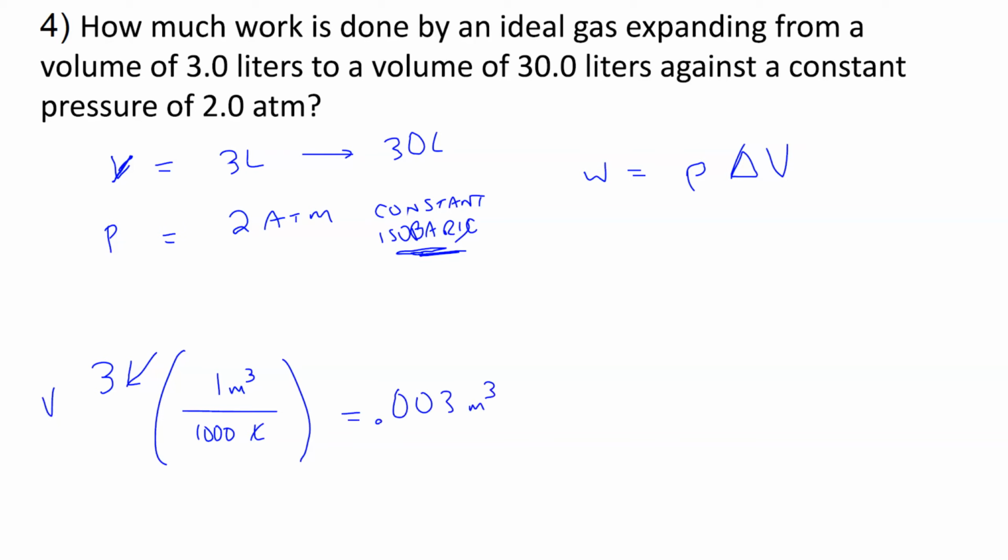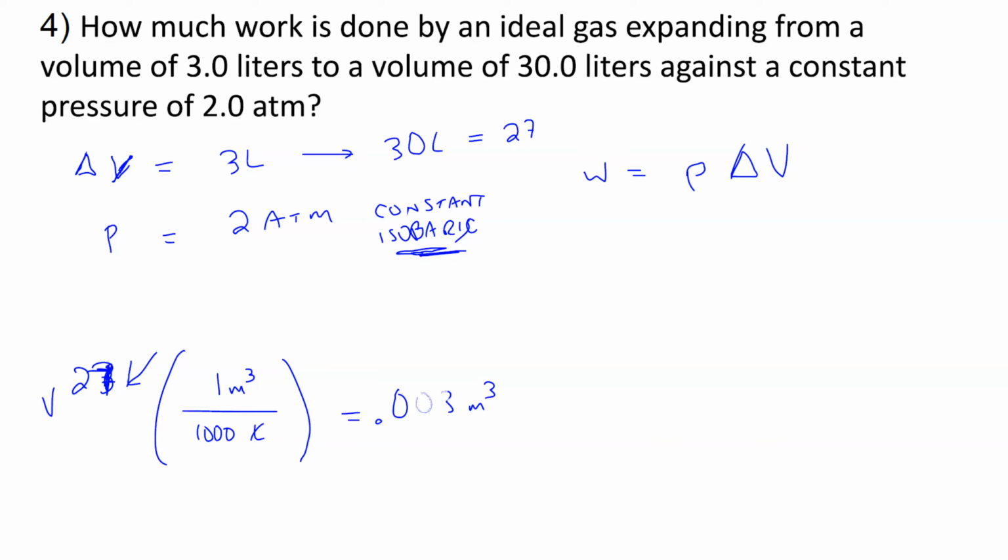Forget about that, you know what I did, I messed this up. The change in volume is what I should have done. So let me put a little delta V. 30 to 30, 3 to 30 would be 27. So let me put that 27 right here. And when I move the decimal place 1, 2, 3 times, then I will get